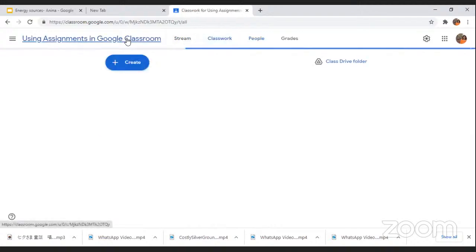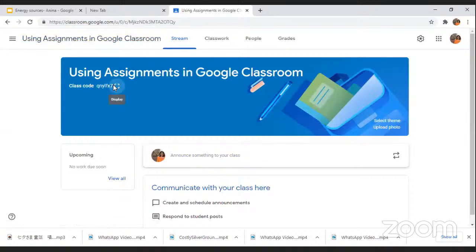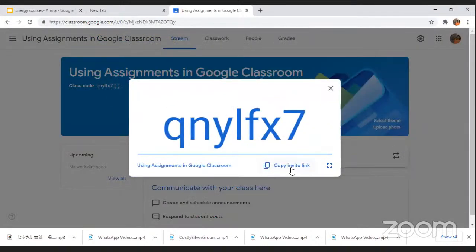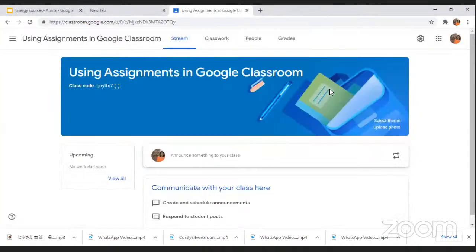Otherwise, if you go to your main page, there is a code here, right? You can either copy the invite link, okay? And then I'm just going to paste it into the chat here so that you can join the class. Or you can send the code via email, you can send the code via WhatsApp or whatever it is. So it is as simple as that. Now you have created a class and you have sent the link to your students to ask them to join